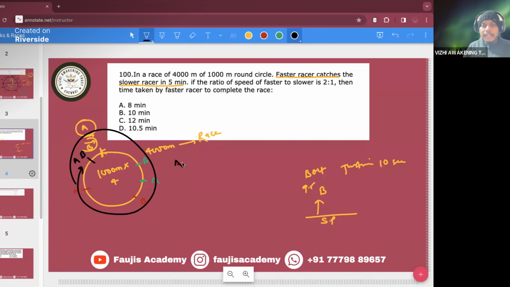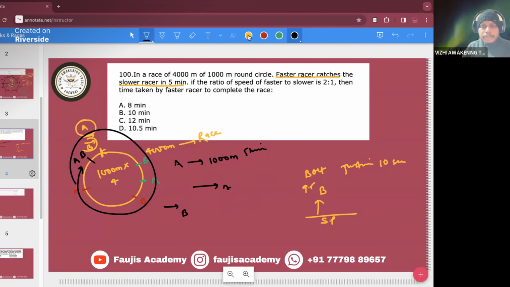That A has run 1,000 meters faster. A has covered this 1000 meters faster, in 5 minutes. I mean, A has closed this gap. See, A is also running, B is also running, but this gap,